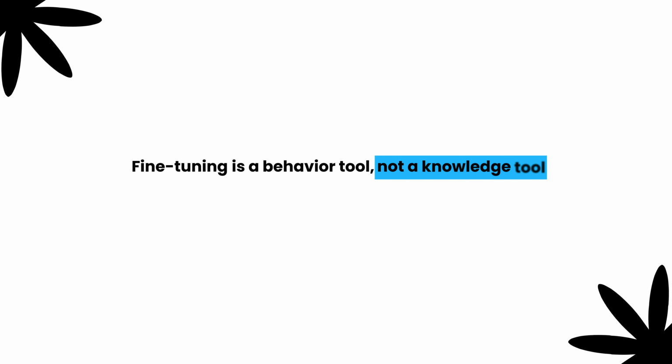Now, carefully listen to this. Here is the decision that matters more than any of these tools, and it's a thing that I want you to walk away repeating to yourself. Fine tuning is a behavior tool, not a knowledge tool. If the model does not know your internal documents, that is not a training problem, it is a retrieval problem. So at that point in time, you reach for RAG. If it's not returning the right shape, try structured outputs before you train anything. If your prompt is vague, fix the prompt.